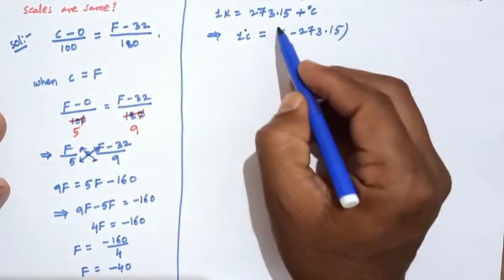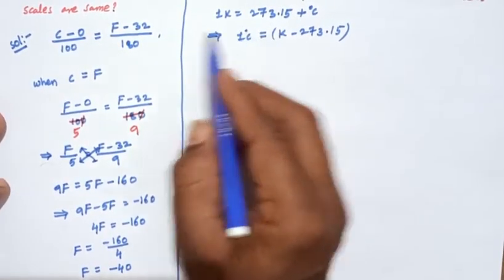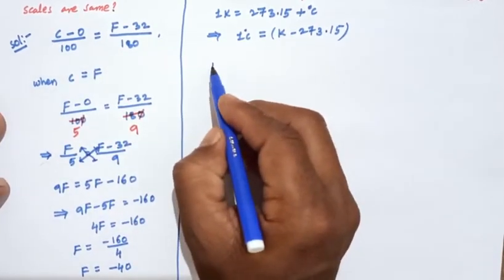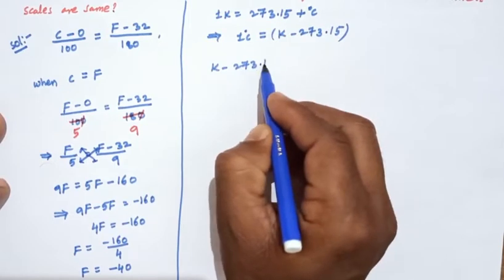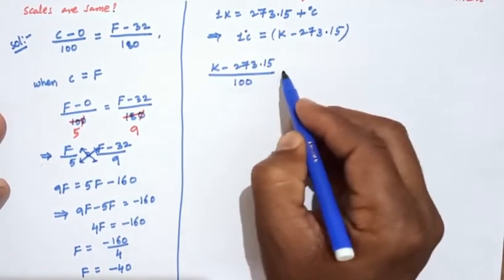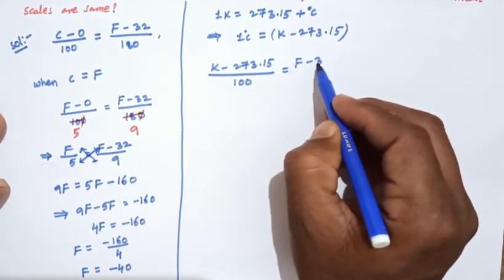Substitute this in the equation. So the Celsius value C equals K minus 273.15, divided by 100, equals (F minus 32) by